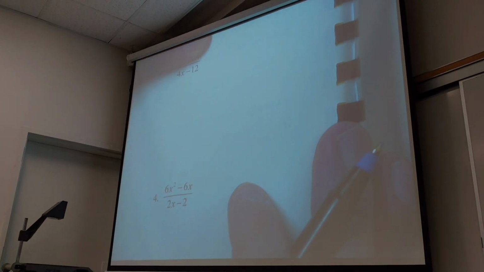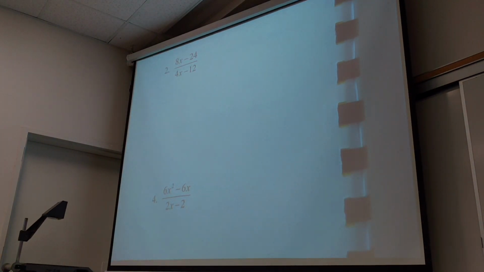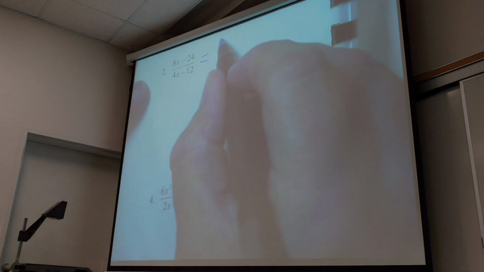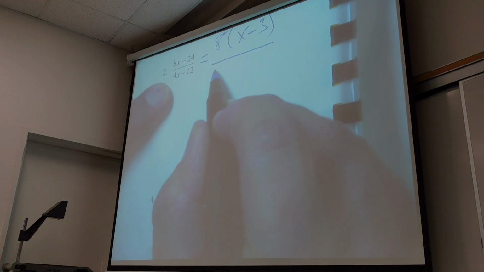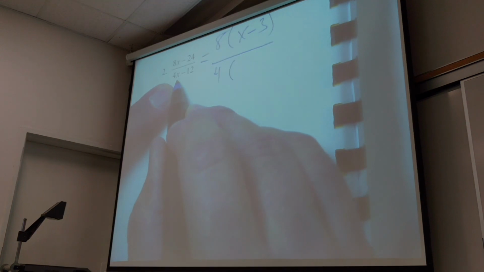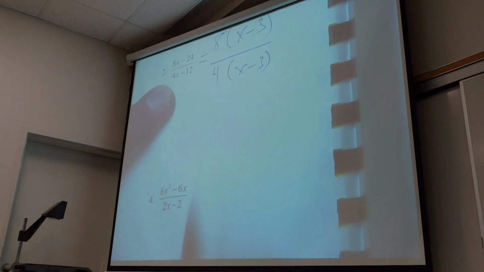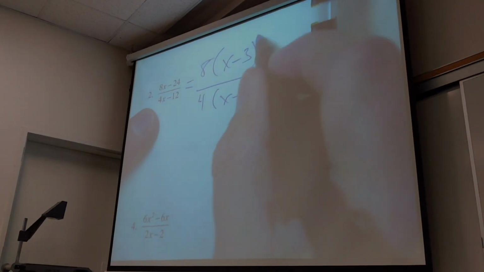Factor that. The first step is forget that it's in a fraction. It's just two factoring problems. So how do I factor the top? 8 comes out, and I'm left with X minus 3. And how do I factor the bottom? 4 out of 4. And what am I left with? X minus 3. Cancel out X minus 3. Good. So the X minus 3's